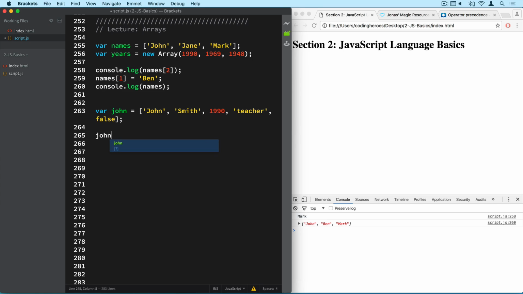So we write the array name, which is John, and then we write the function name, and we can start with push. What push does is that it adds an element at the end of the array, and it actually changes the original array. So let's say that we want to add at the end his favorite color. So we would put blue in here,